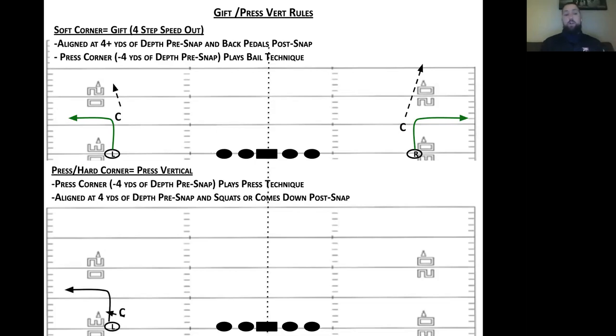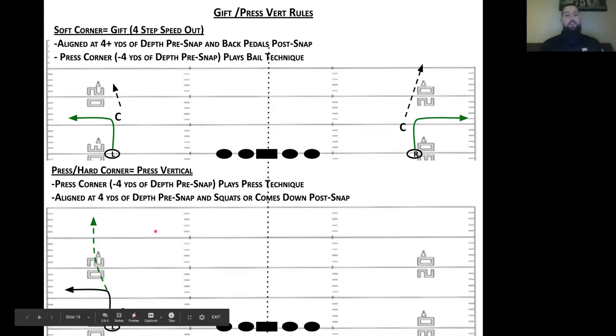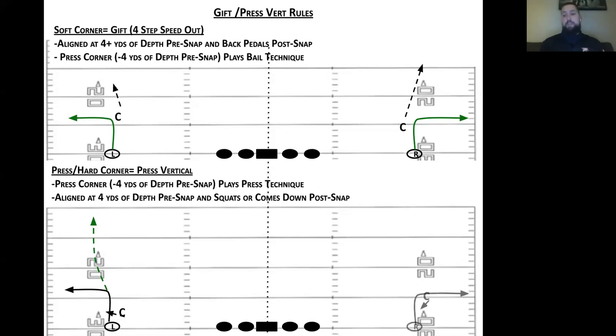Now, if we get a hard corner, like I just said, that's going to play hard, and he's going to be pressed and stay pressed, now we've got to take that thing vertical. And again, if he doesn't have help and we like that matchup, again, scouting report, film study, KYP, know your personnel. If you like it, take it. If he is hard, he's at 4 yards and his butt to the right, do a whole hammers arms and go inside, depending on the right. But again, that's probably going to take that thing away. But these are our conversion rules for our wideouts, and our quarterback's got to know that.